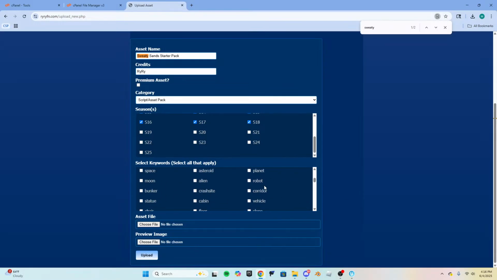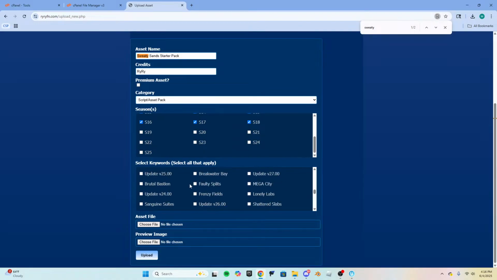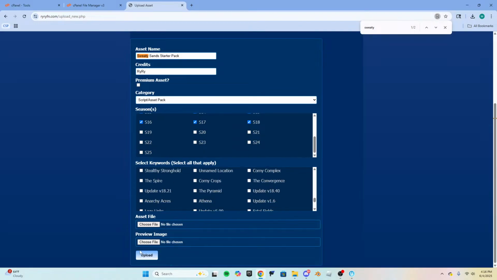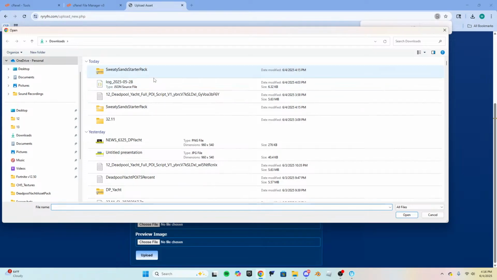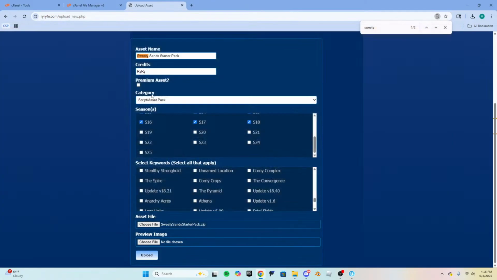Okay, yeah, forget it. House, though. House is an important one. Apartment, tower. All right, that's good enough. Let's do asset file, Sweaty Sands starter pack.